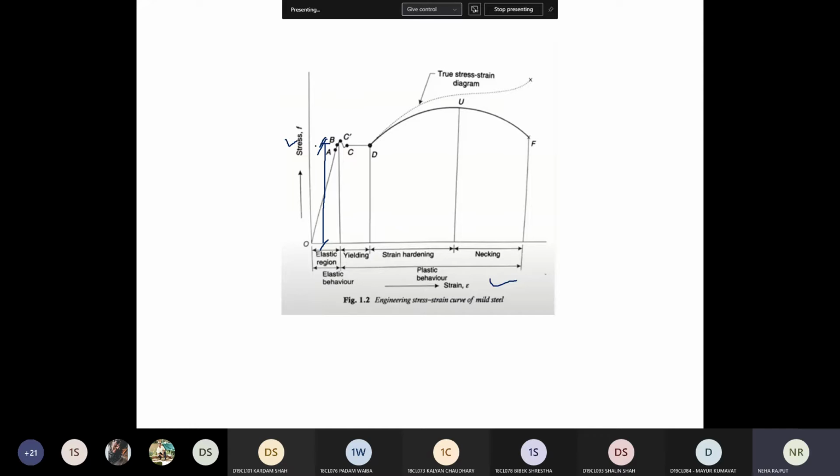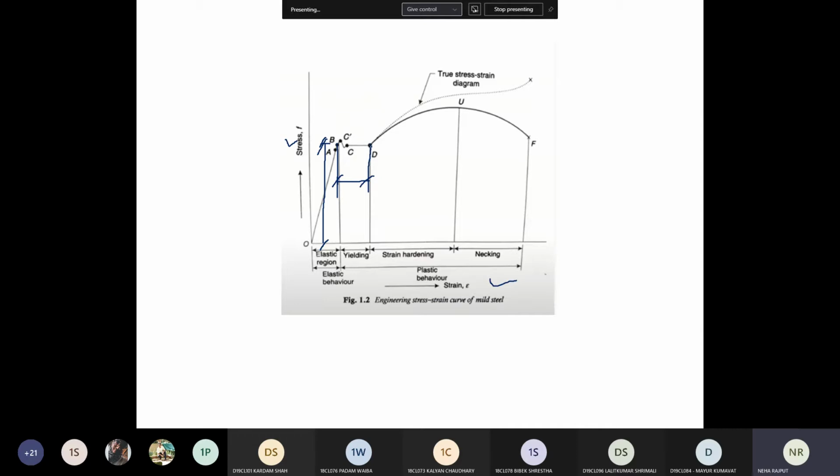Once you apply the load till the elastic region, you will form the linearity: stress is proportional to strain, and if you remove the load your material will get back to its original position. That is the meaning of elastic region. Now after the elastic region your material starts yielding, right? So the distance between this B point and D point is your yielding region, where your material will start yielding, giving permanent deformation, right? So that is my yielding point for the region.